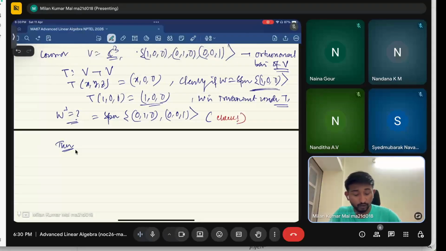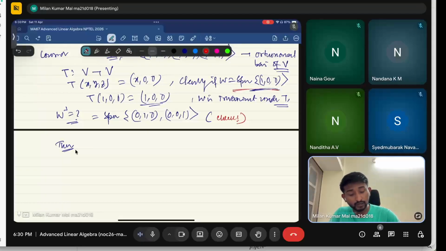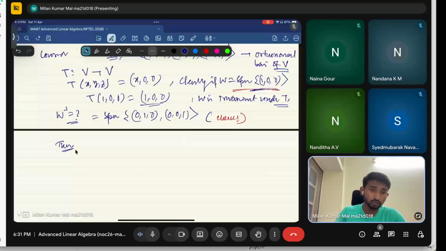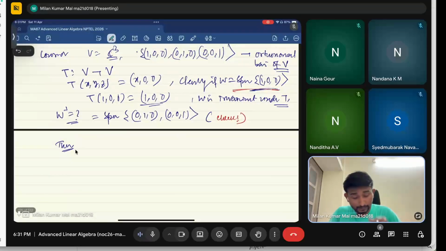That's not a big deal. W is this one, so W perp is going to be that. I can check very easily, but this is an orthonormal basis, you can guess at least. Okay, so now the point is that